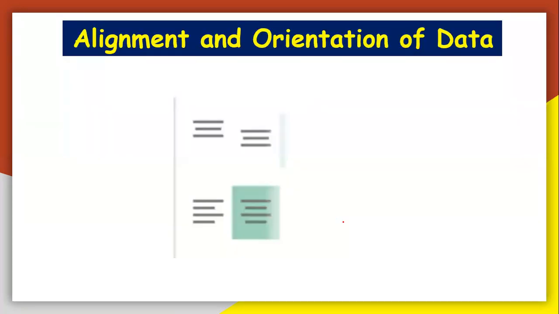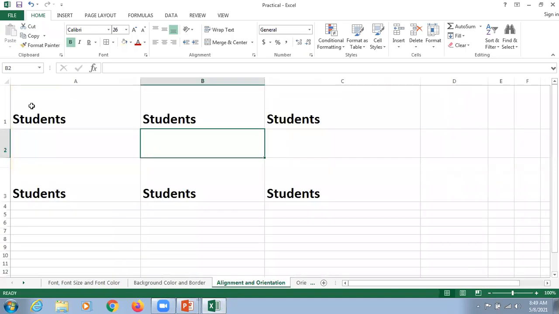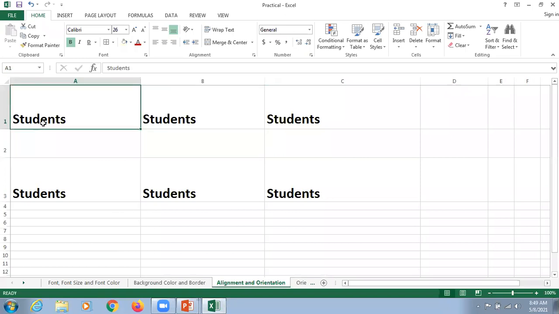So we move forward here. Alignments. So what we do here, kindly concentrate before watching this slide. Can I do some practicals for you for understanding in a better way, so we are just going to click here on our alignment and orientation. This is the data now. What we do, beta ji, kindly concentrate. I'm just selecting this one.